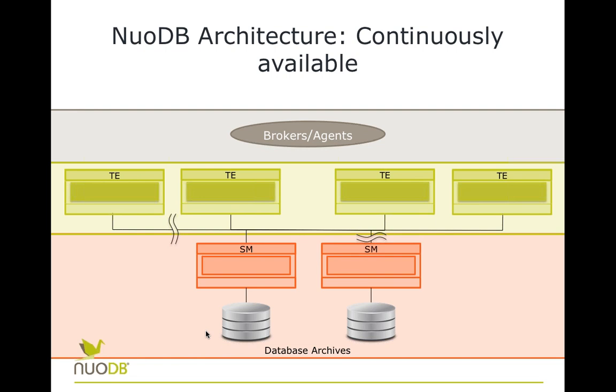If you lose a service manager, then so long as you've got sufficient redundancy, and what I'm showing here is minimal redundancy, if you've got 2 data centers, you'd expect to have at least 4 service managers. But if you lose a service manager, all that happens is the other service manager will soldier on alone, and when the failed server comes back, then in the background, whilst the system still runs, the archives will be synchronized, and again, it's transparent to the customers.